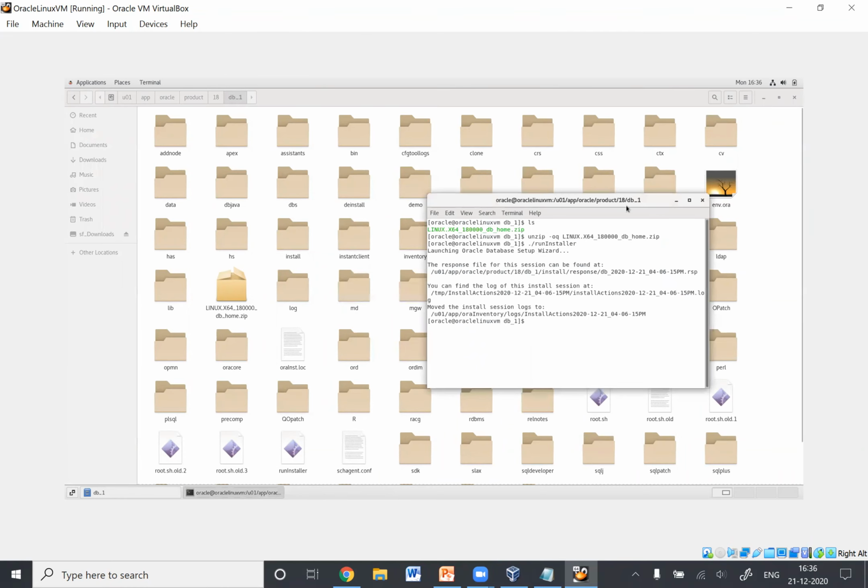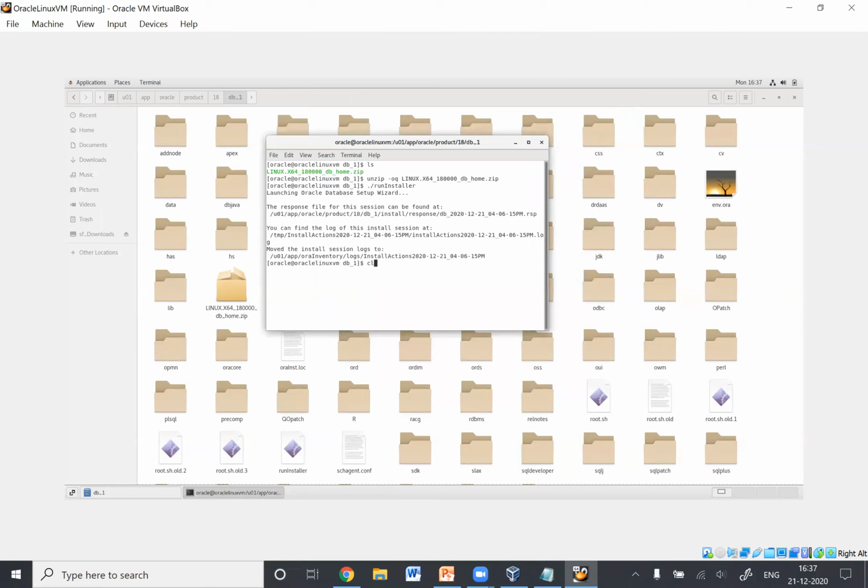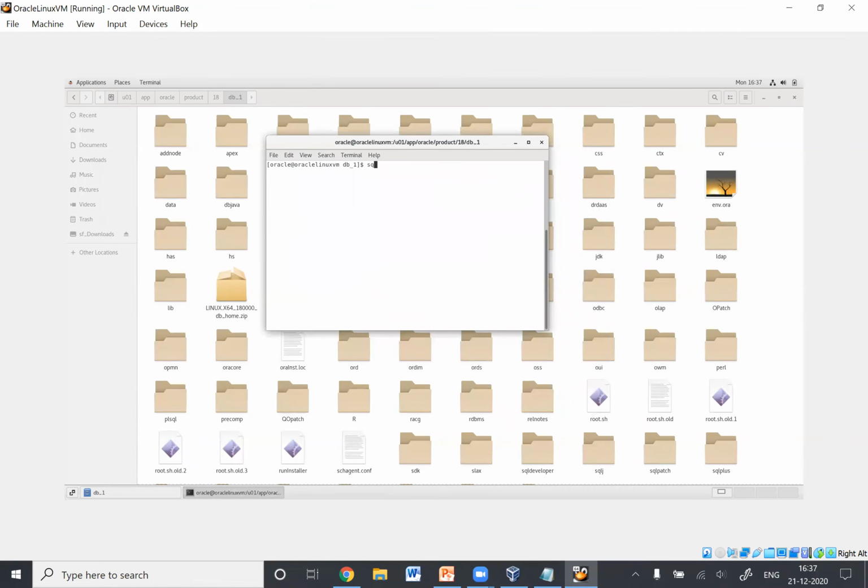Okay, now let's open up this terminal. We'll clear up this part and we'll type in sqlplus. Now we'll enter the username as sysdba. So we are trying to log into the database. Type in the password you had provided for SYS while doing the installation.